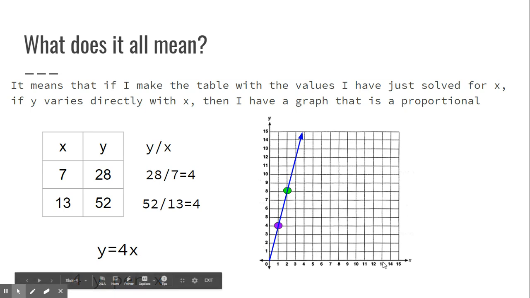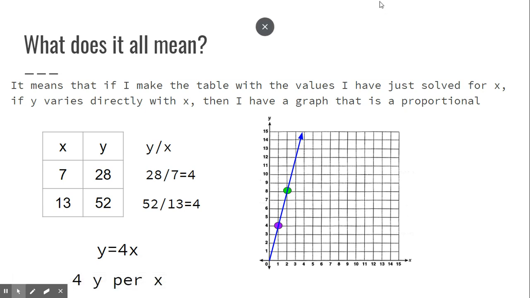And if I go to 13 and I go up, that blue line is actually going to extend all the way up here, and it'll be at 52. So I have 1, 4, 2, 8, 7, 28, 13, and 52 that are all part of that same